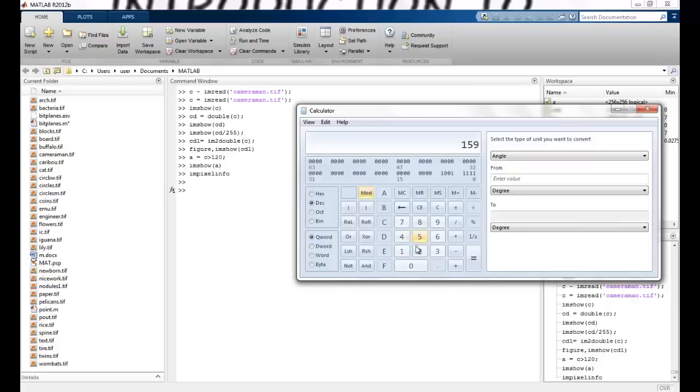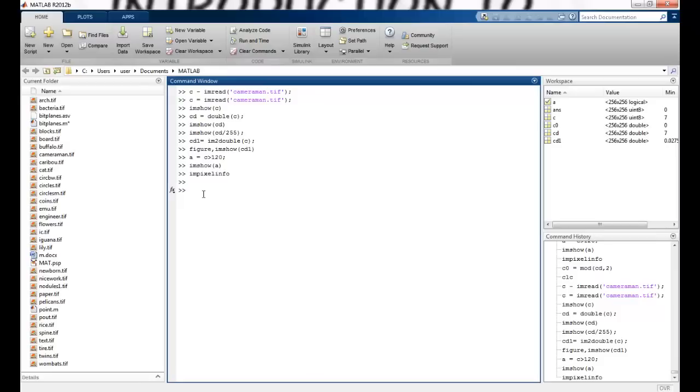So to convert this, I can just use a simple formula. I'll just say mod with 2. When I do a mod of this, you can see the LSB is extracted. So this fundamental can be used. I can just use the modulus operator, which gives me the remainder after dividing by 2. So I can just say C0, that's plane 0, is equal to the mod of Cd, that's the double image, and 2.